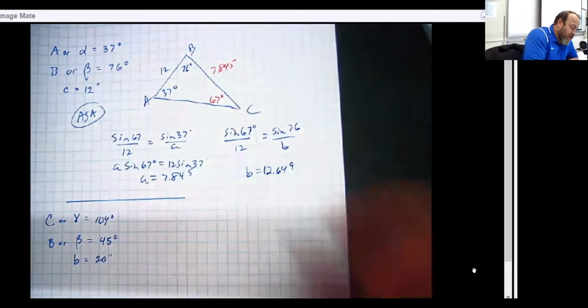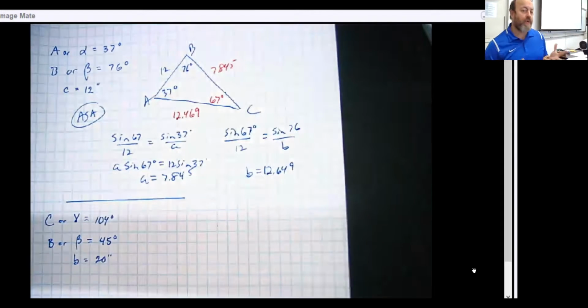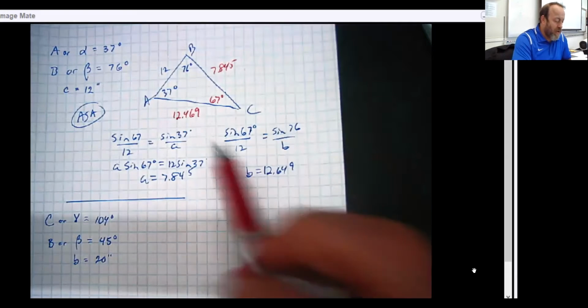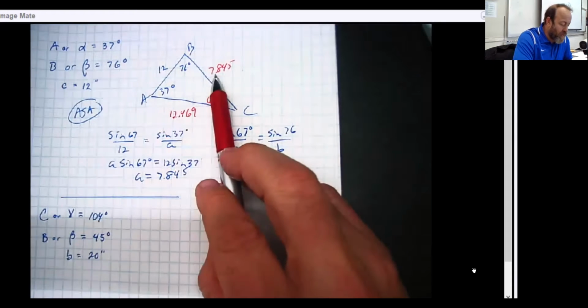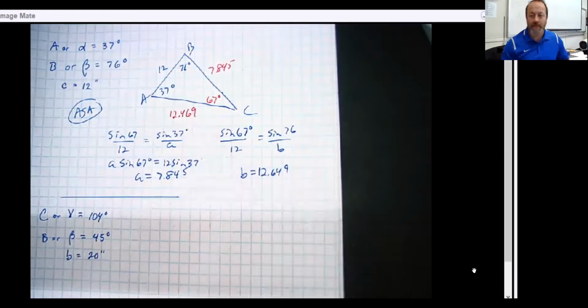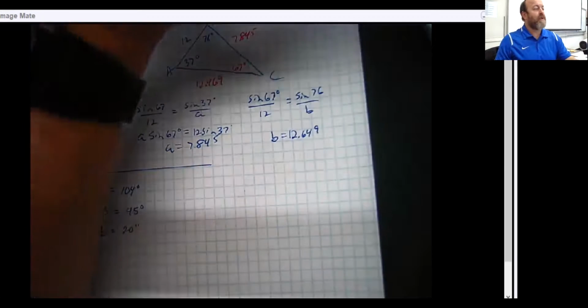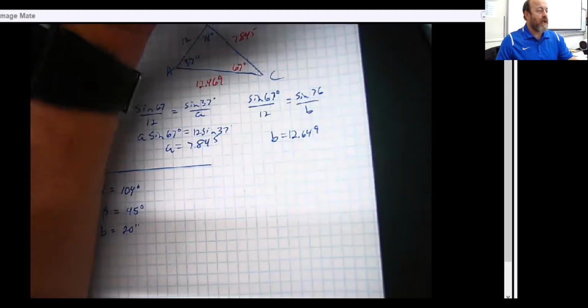Now, there isn't a whole lot that we can do to say how perfect these answers are, but you can always see that the smallest angle should always be opposite the smallest side, and the largest angle should always be opposite the largest side. There's another thing that you can do that I mentioned in class, and that is,